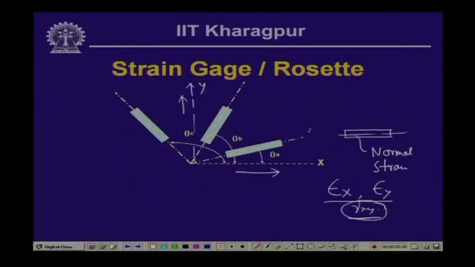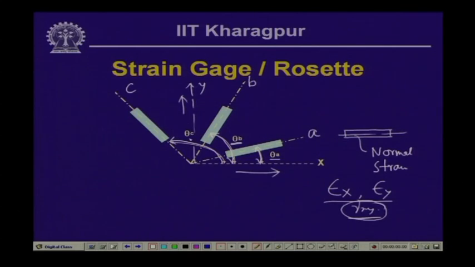Since we cannot measure gamma x y directly, what we do is place three strain gauges in three different orientations. Let us call this direction A, this B, this C, as we discussed the last time, and all three are oriented at three different angles. This particular angle is theta A. The second gauge, along B, is at an angle of theta B, and the third gauge, along C,